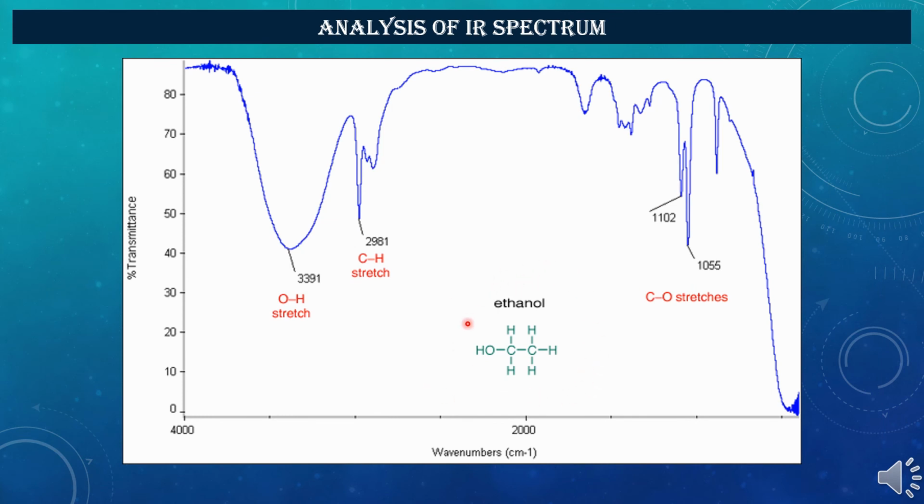In this spectra, it is the spectra of ethanol. We can see the presence of broad band near 3300 centimeter inverse region corresponds to OH stretching frequency. This band is quite important to analyze, as presence of water or alcohol can be analyzed promptly, which has an important aspect in industrial applications.